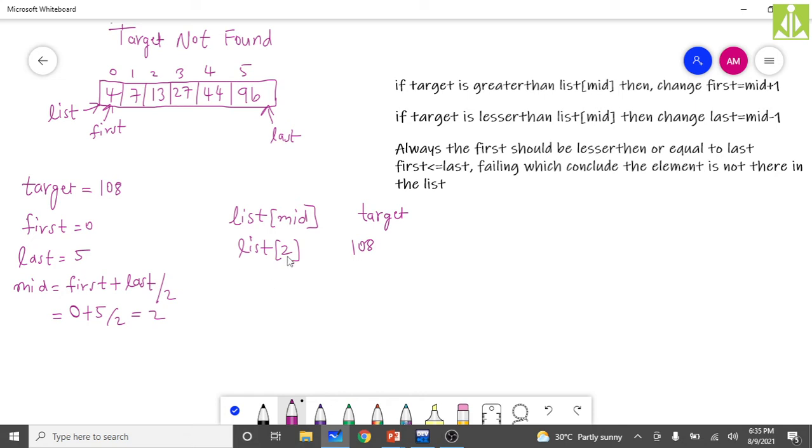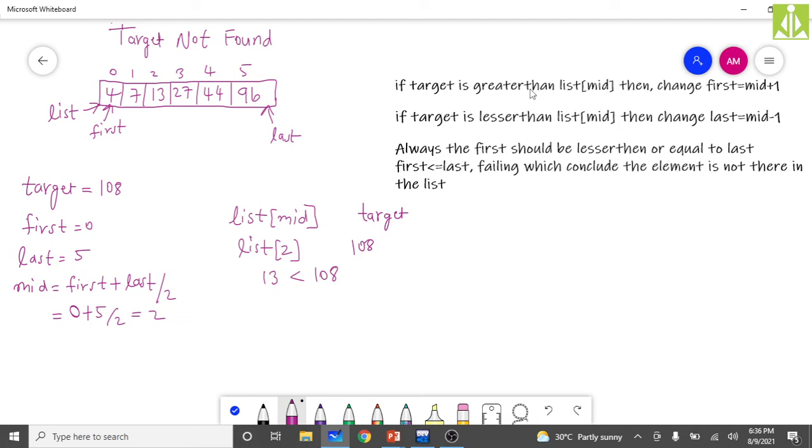List of 2 is 13. We are comparing 13 with 108. What you found? Target is greater than list of mid.